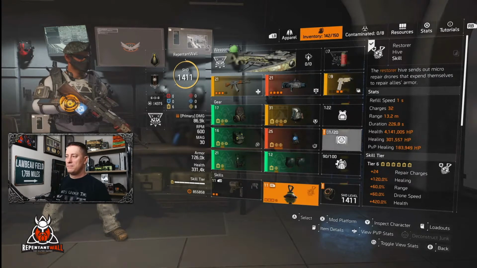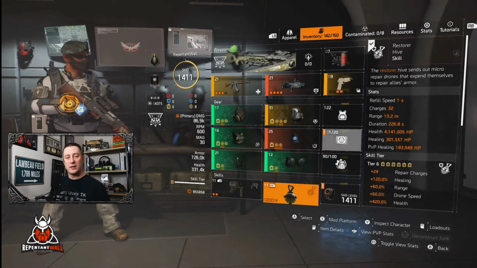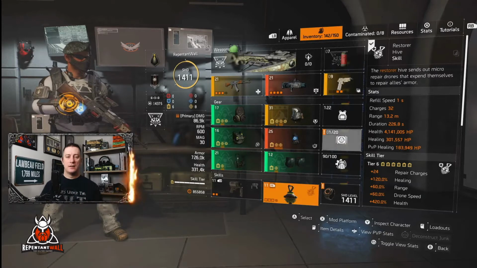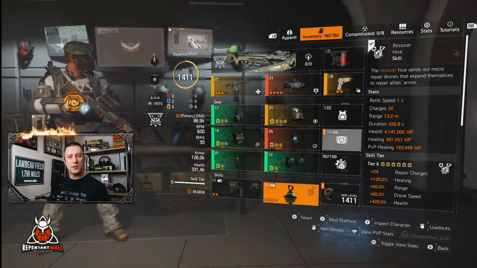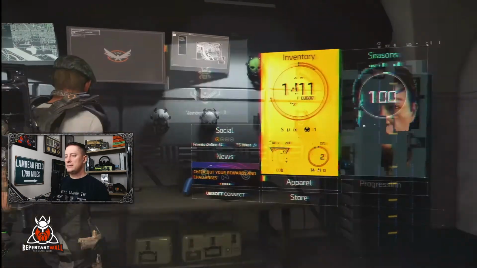Running over 300k healing, but with Safeguard, you're running over 600k healing, which is going to be huge if you need it. I like this build. Haven't been able to run with it a lot yet, but I plan on using it, especially once we start doing more speed runs again. Finally,